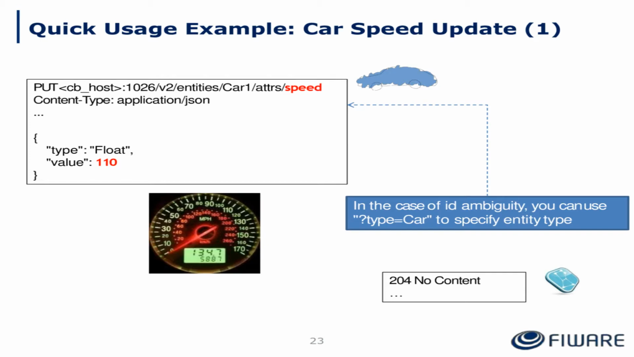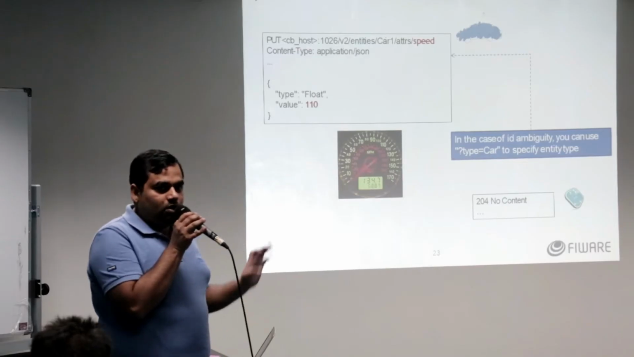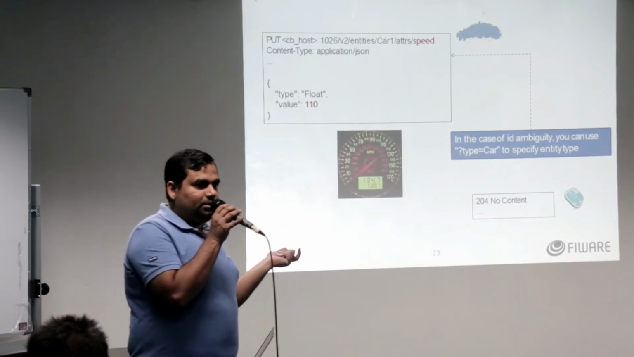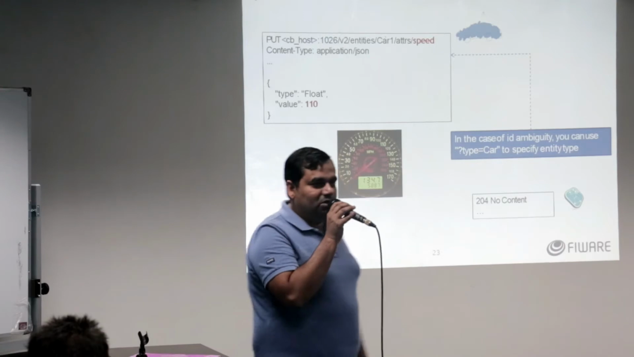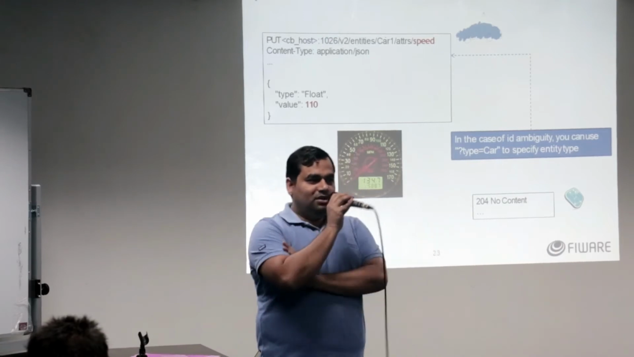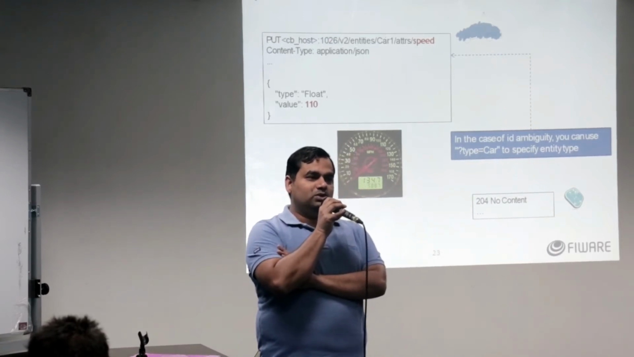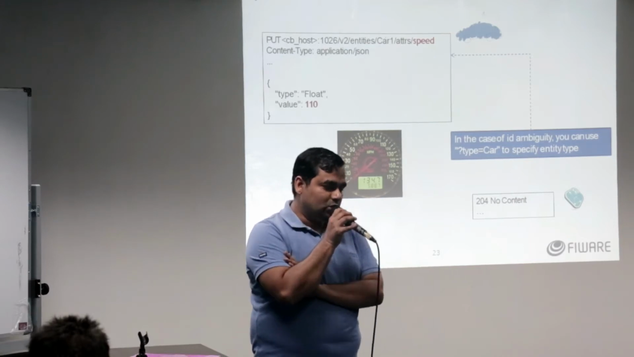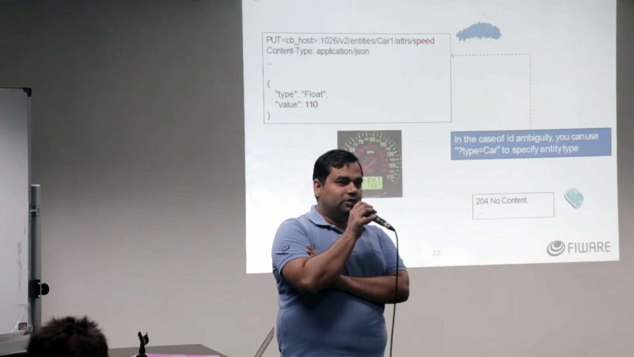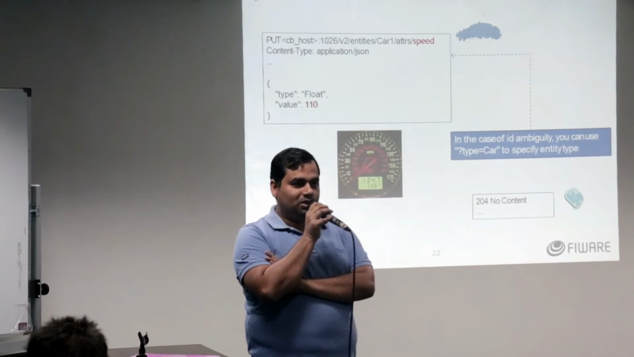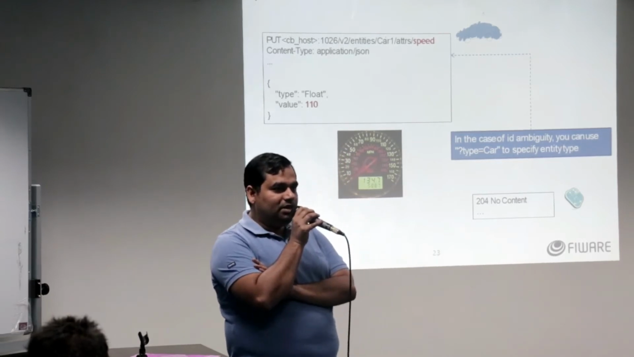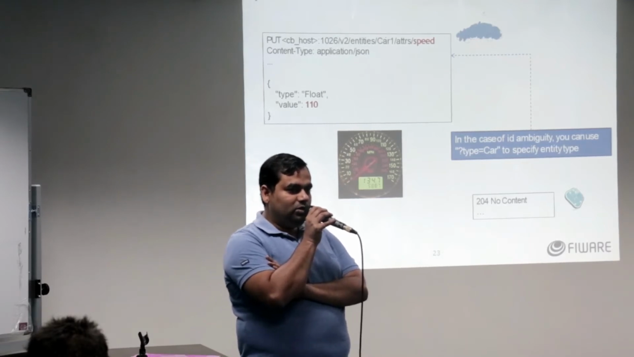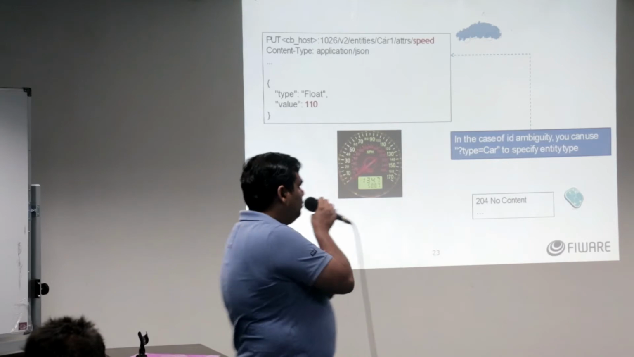Okay, you did a post. So now what you want to do is update that value. Because it's your sensor, you're building everything from scratch now. So it's your sensor, it's your source code. If you want to, you would need to update the value of the speed from time to time. If the speed increases, you have to update the server. If the speed decreases, you have to update the server. So what you do is you put a PUT request, and what you do is